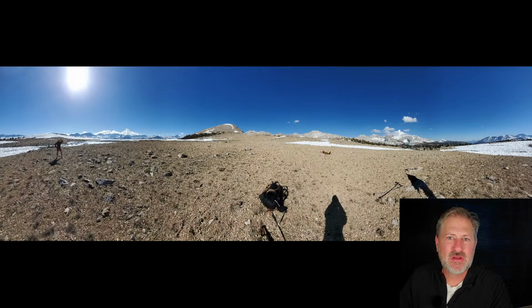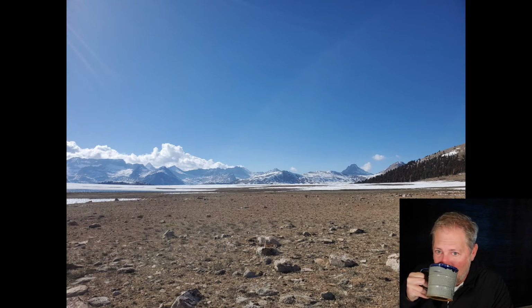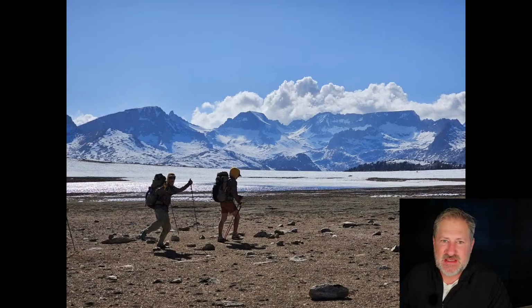This is a plateau somewhere up in the High Sierras, and really sweet experience. I came across one of these young women that was up on top, and she was just sitting down. She had her pad out. I took this photo. She's sitting 10 feet to my right. My kids, for whatever reason, were about 10 minutes behind me, so I got to connect with her, and I walk up on her, and